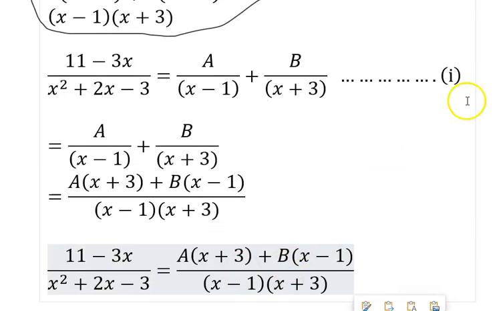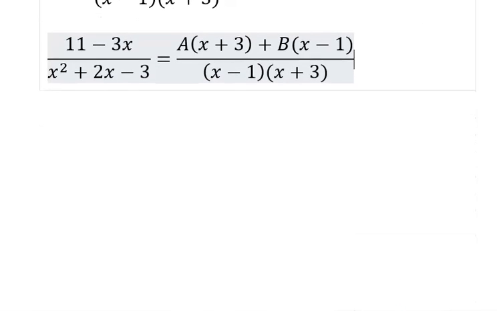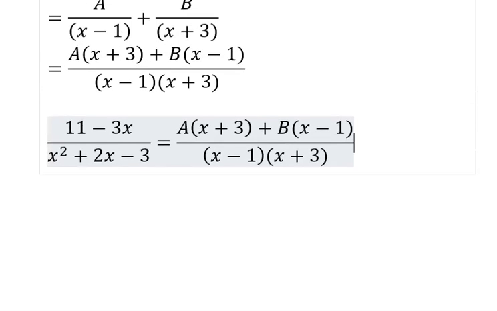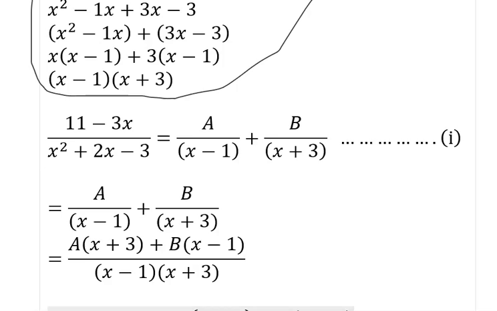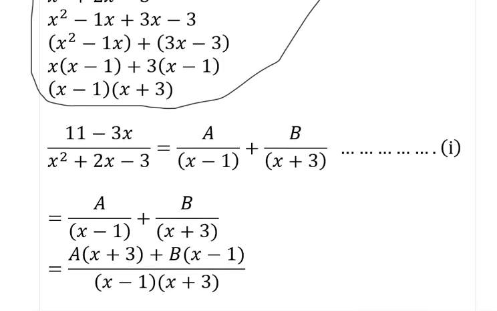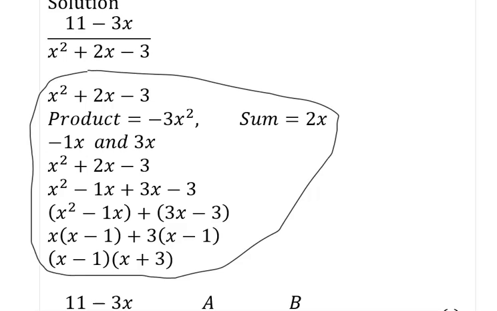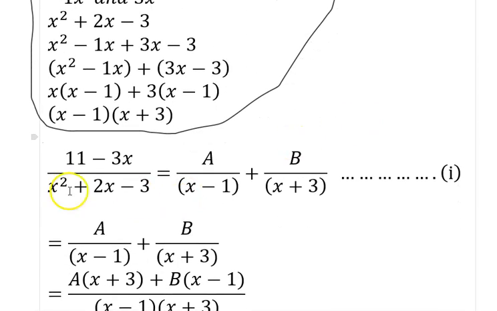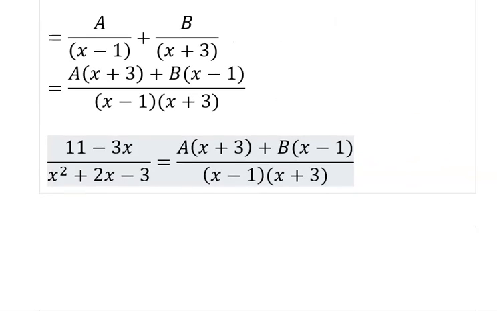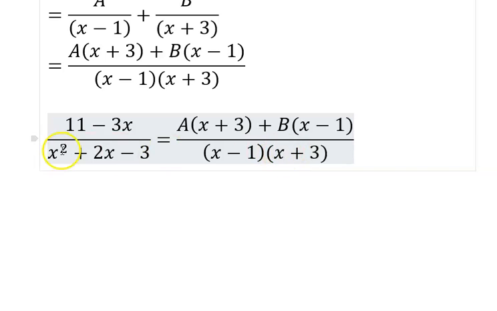Beautiful. So let's equate them back. We've been able to equate the two of them back. I'm sure you are following. So since this that we've equated here is still the same thing as what we have here now. This denominator that we have here, don't forget that it's still the same thing as what we resolve here. So we can now say, since this and this are the same,